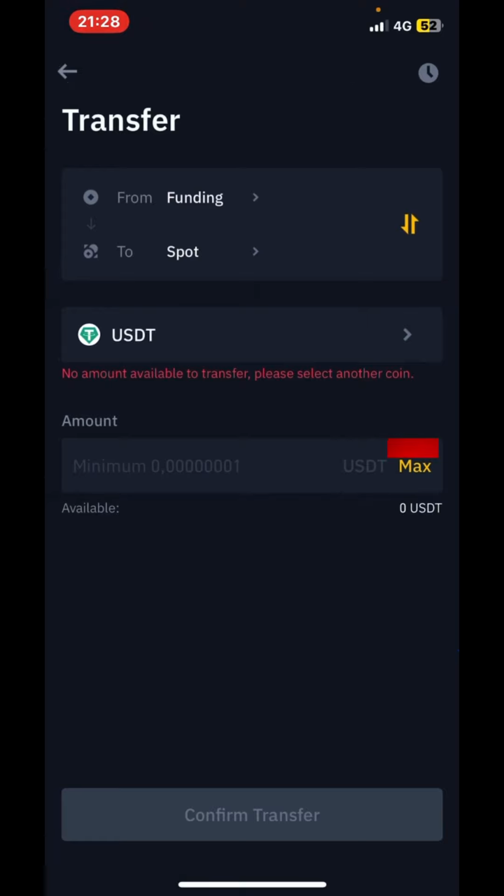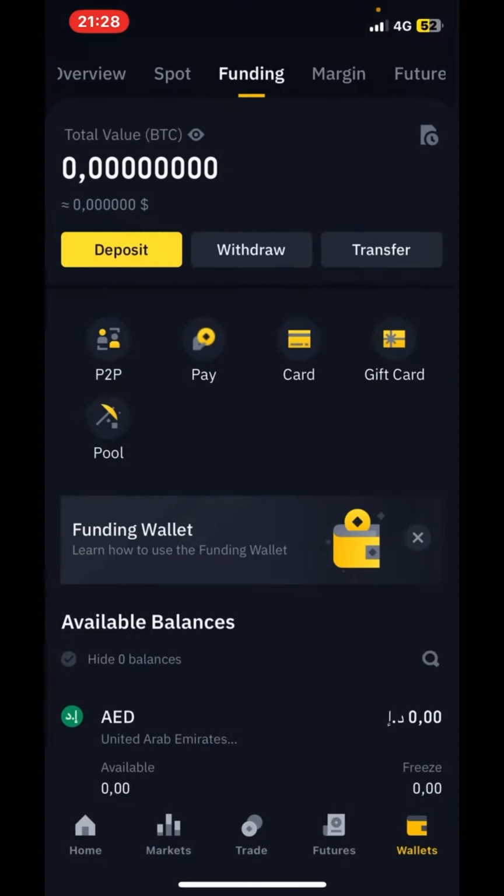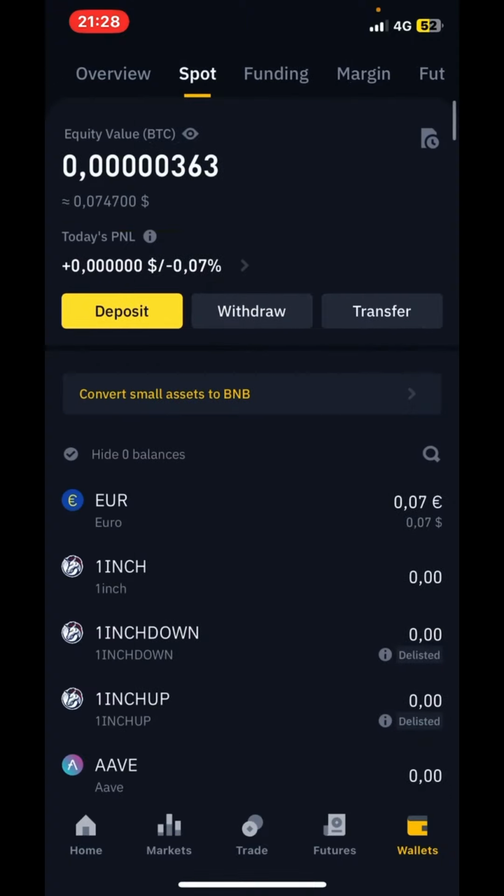Then you press max. You need to transfer this money to your spot wallet. After doing this, you are going to press confirm. After you confirm the transfer, you will get this money over here. You will receive this USDT you bought. You transfer from funding to spot wallet. After doing that, just press